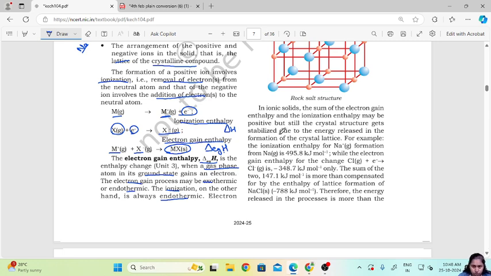Whenever a crystal lattice forms, energy is released, and because of that energy release, the structure is stabilized. For example,